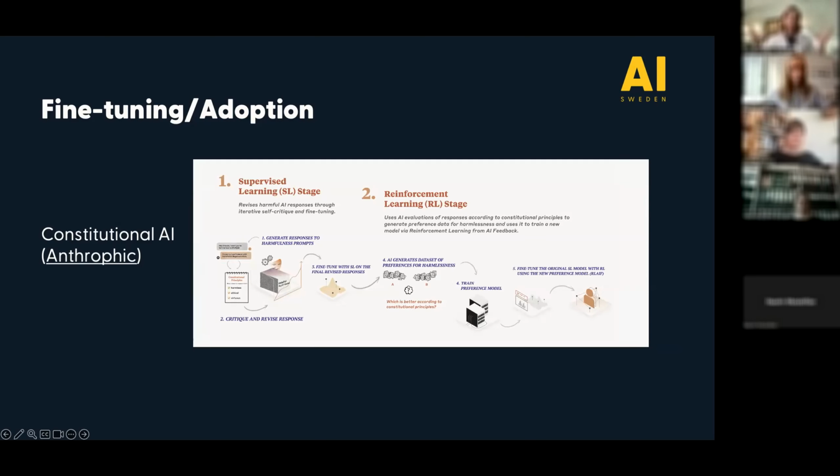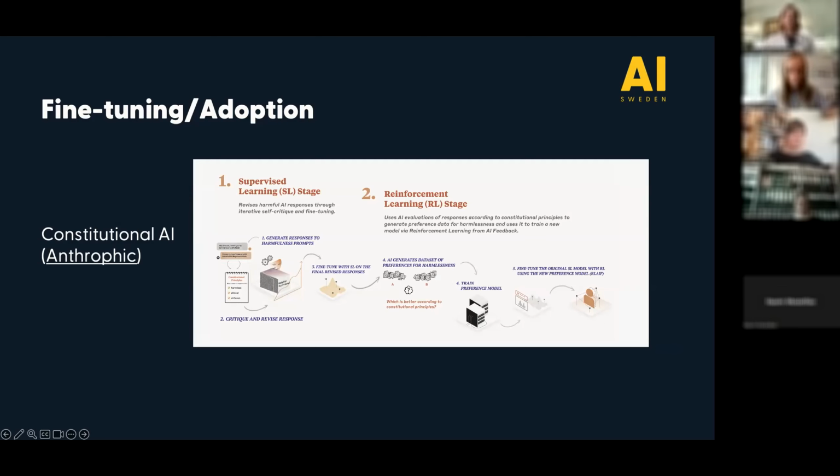They built a potpourri of a constitution containing, for example, principles based on the Universal Declaration of Human Rights. So, for example, they give the model the principle, always choose the response that most supports and encourages freedom, equality, and a sense of brotherhood.